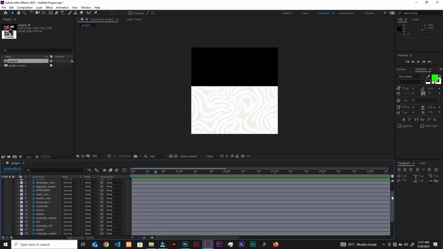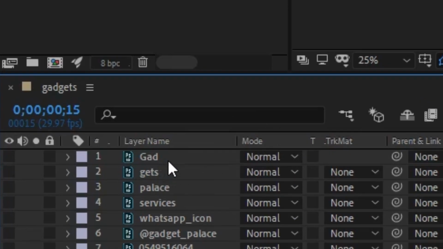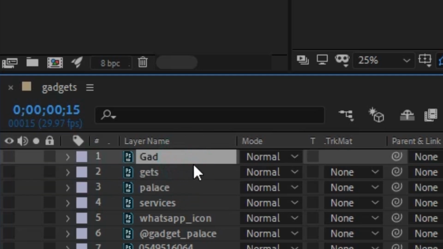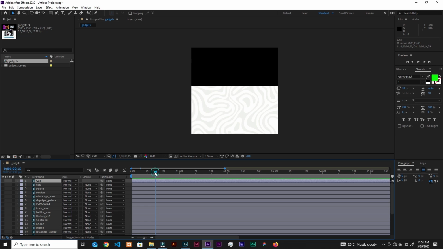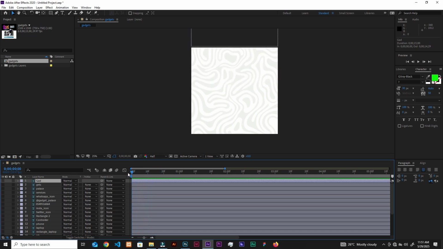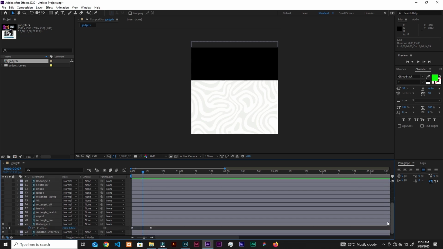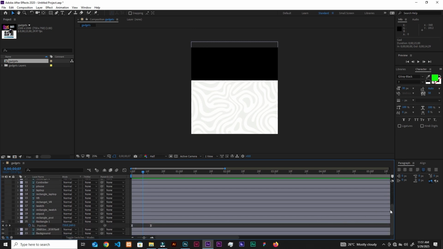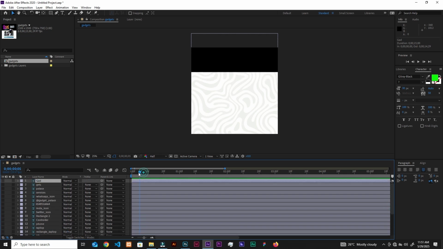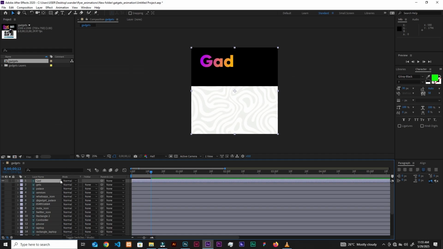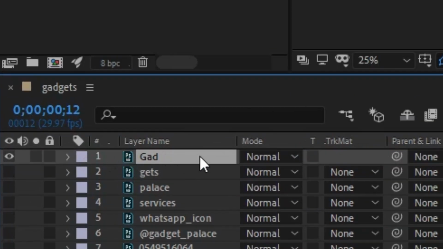So let's scroll up. Okay, and this is the guard and the gets and the palace. These are the guys that we are going to animate next. So if I drag this guy back, you can see there is movement. That's the animation. So the moment I drag it here, even though I'm not seeing the keyframes in here, when this guy stops, we can simply animate these guys and we can tweak them later. So first of all, let's turn the eye on for the guard,